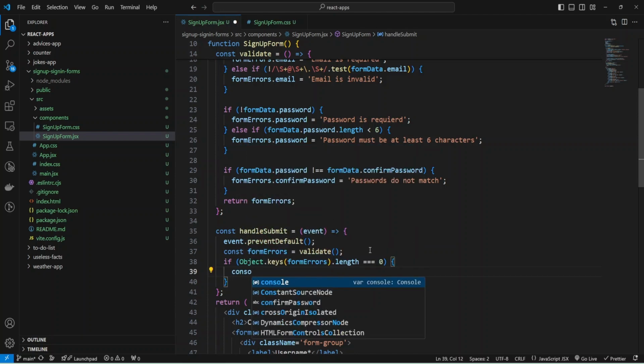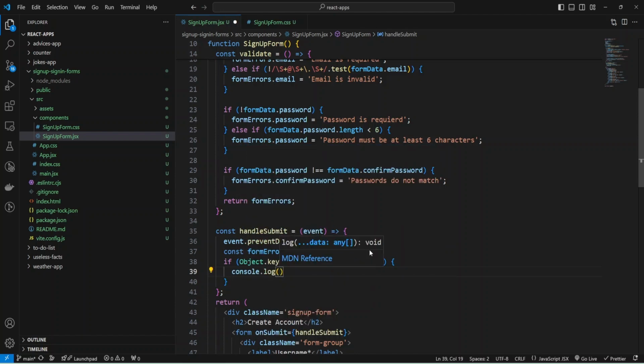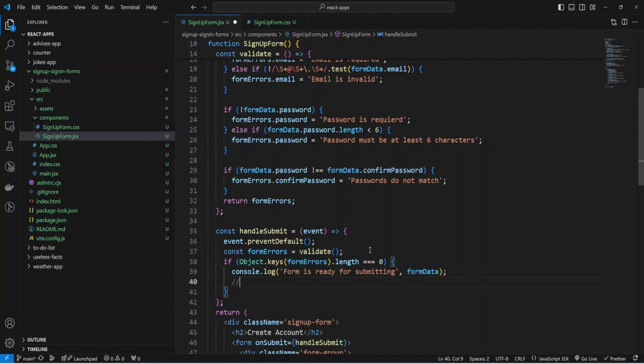And let me add some console log, "Form is ready for submitting", and add our formData. And after submitting, you can add some requests that will send your form to the server.